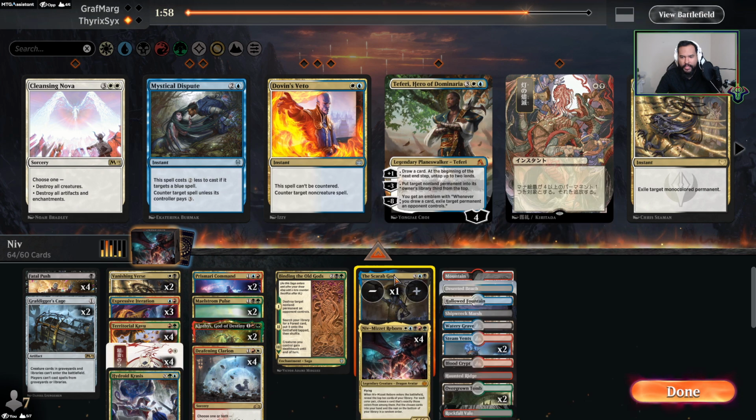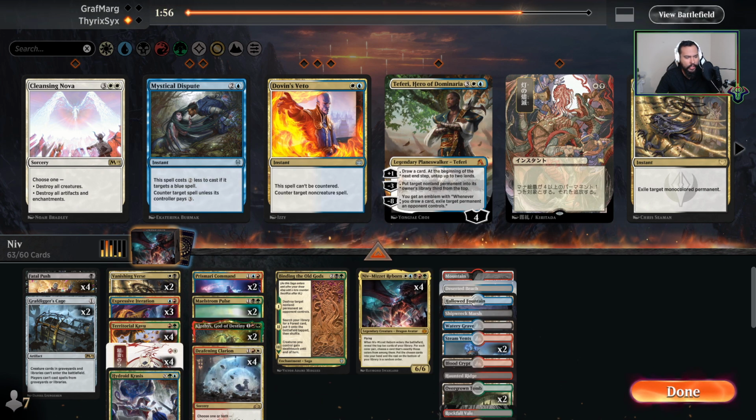What do we get rid of? I think Scarab God's too slow. Uh-oh. Excuse me. I think Scarab God's too slow. I mean, Kavu could be big fast. Yeah, man,